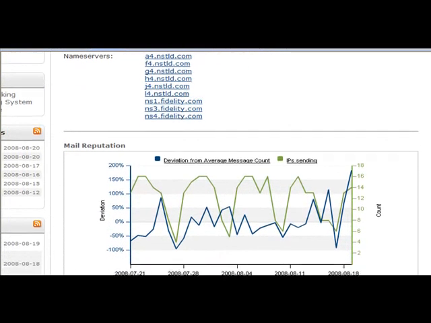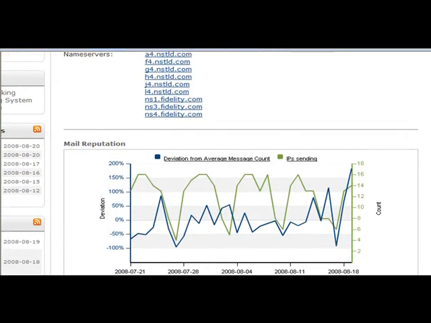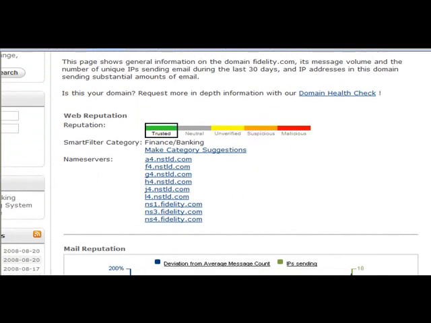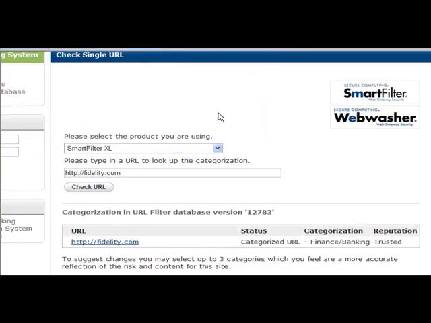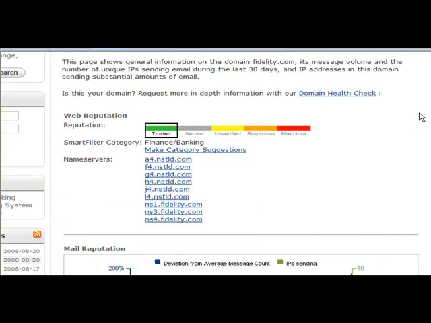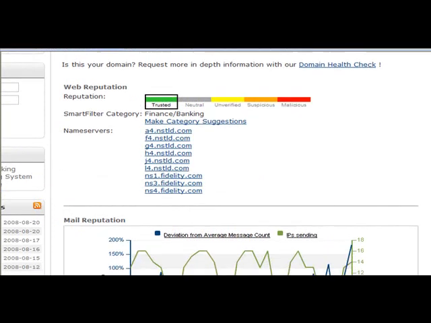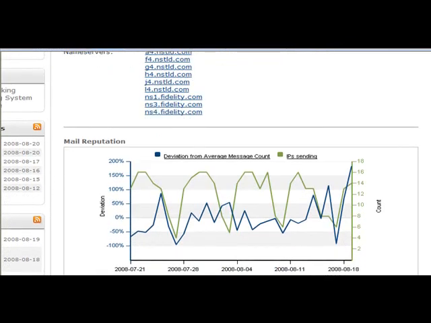You'll see this nice graphical display that shows you whether or not spammers have taken over the domain and what the overall reputation of the site is. In this case, they can be trusted and they're in the banking category. If you're checking your own site and you disagree with the categorization, you can click here and make suggestions on this page. Going back to the summary, you can see a list of the name servers based on information from